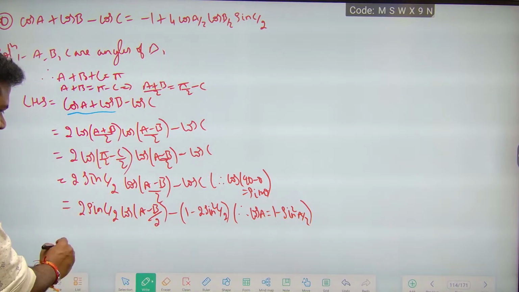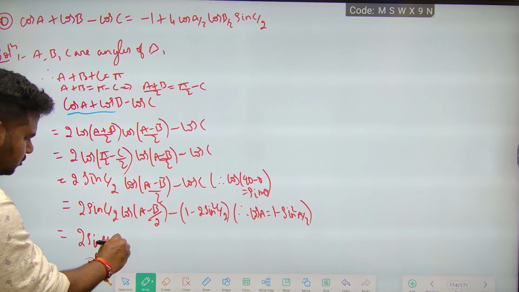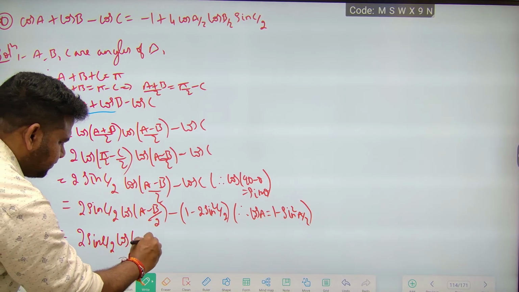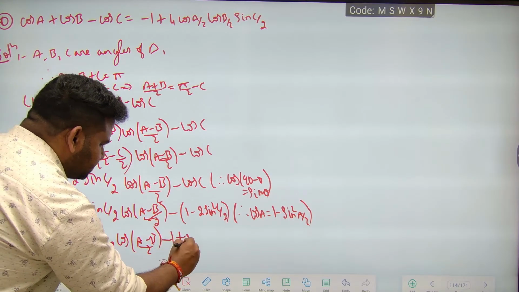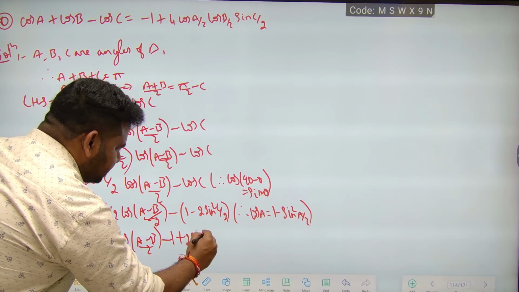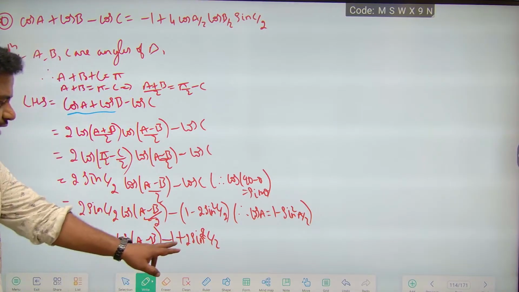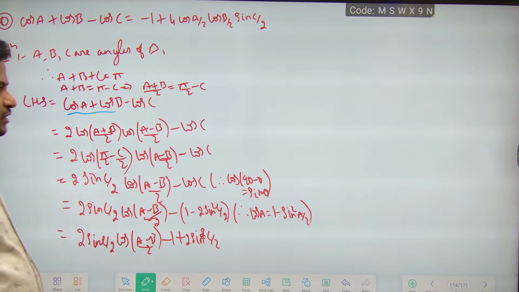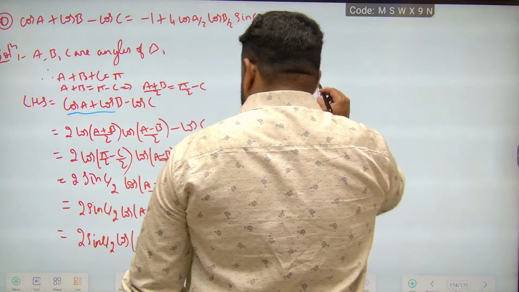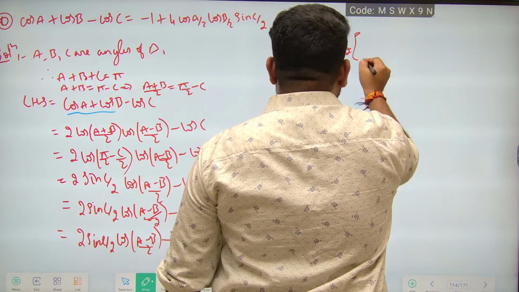Now what will this become? 2 sin C/2 into cos (A minus B)/2, minus 1, plus 2 sin square C/2. Now I will take 2 sin C/2 outside, because 2 is also there. If I take this outside, what will I get? 2 sin C/2 into